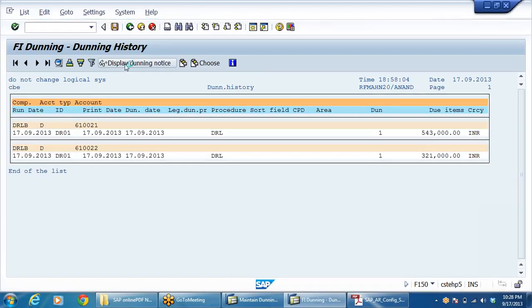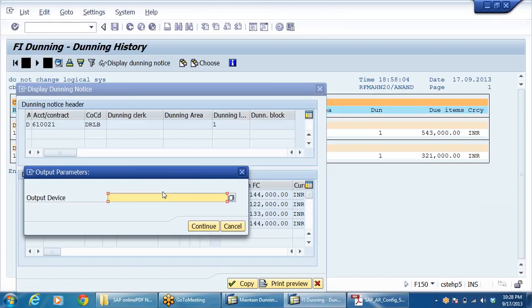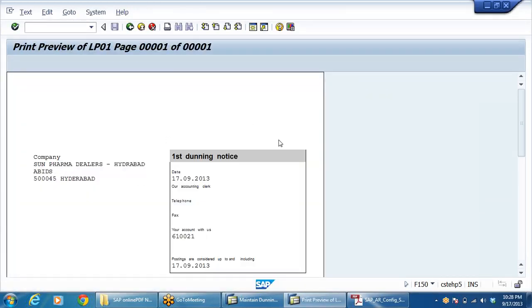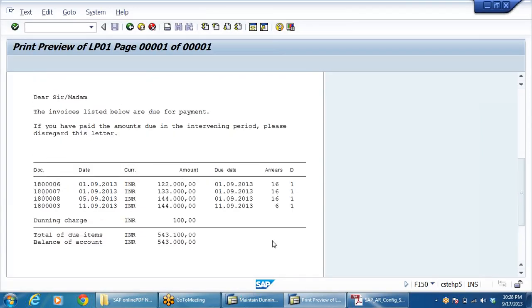So in each notice, how many invoices are there? The system will show us, say 4 invoices. Print preview. Right, first Dunning notice. Here it is, sample copy is not there. Same one.